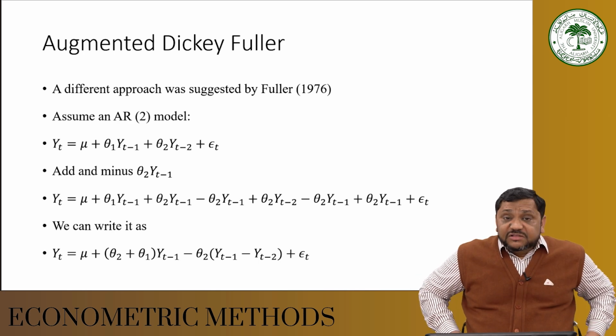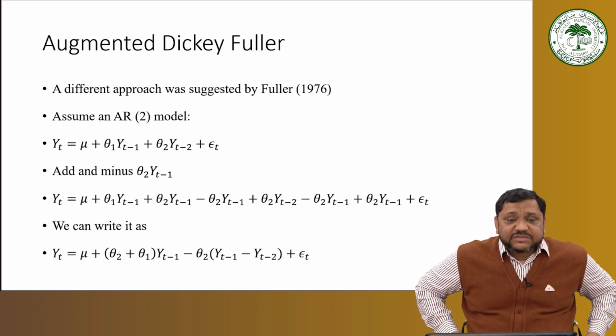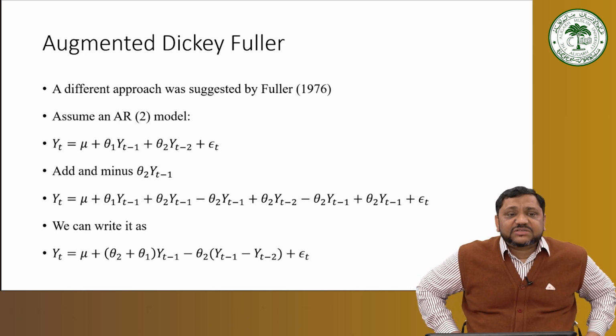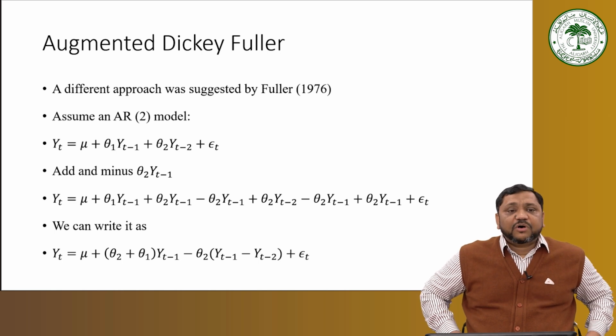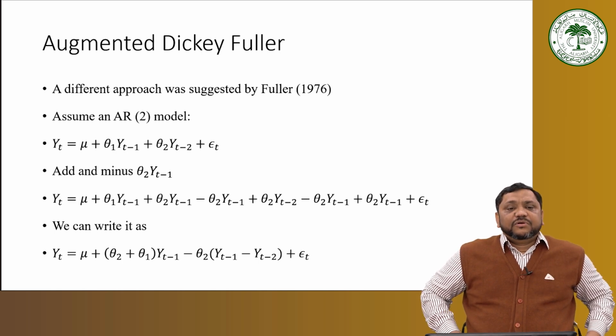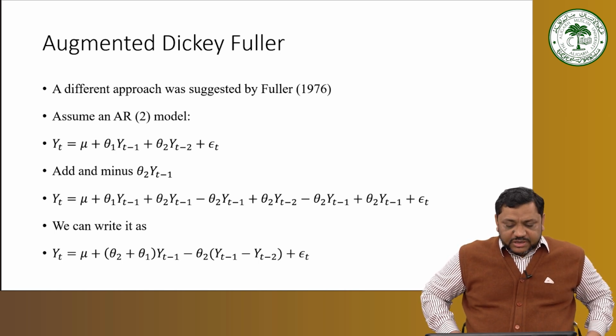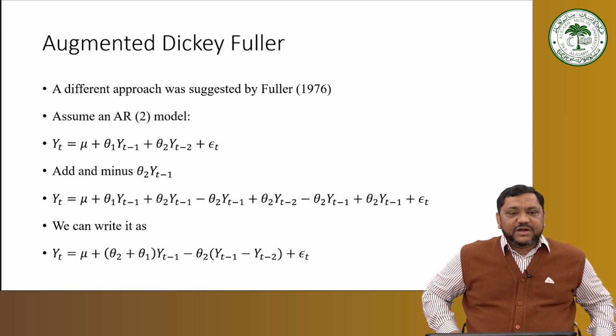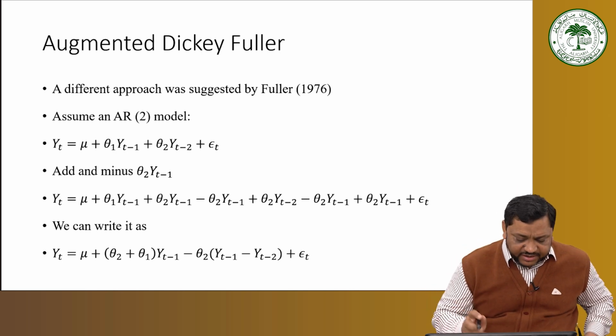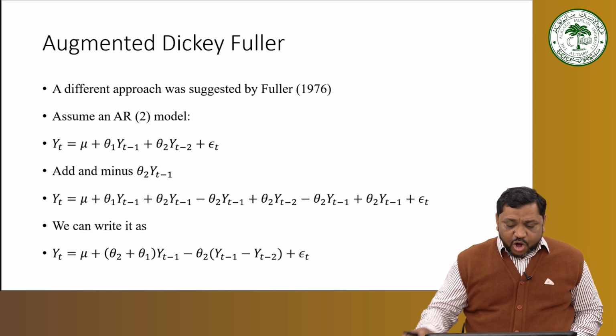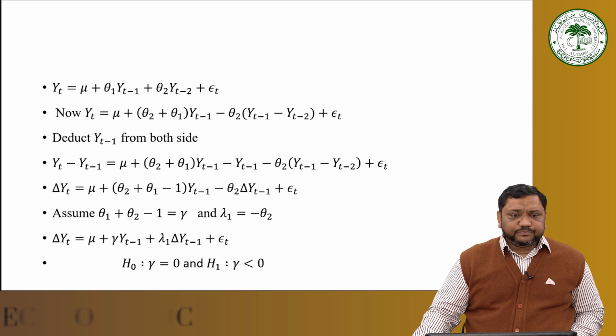Since there is an option, there is a chance that there would be a problem of serial correlation. Then we go for a different approach called the augmented Dickey-Fuller test. This was given in 1976. Now in augmented Dickey-Fuller,